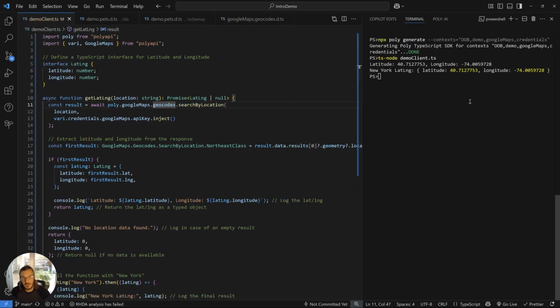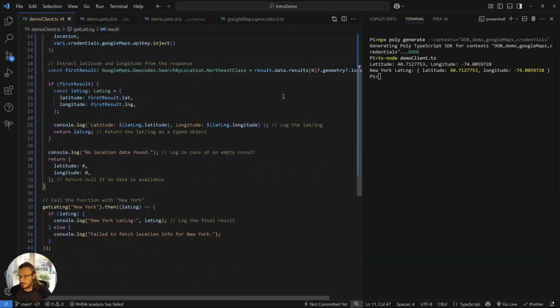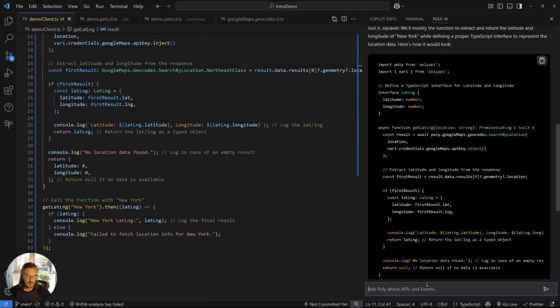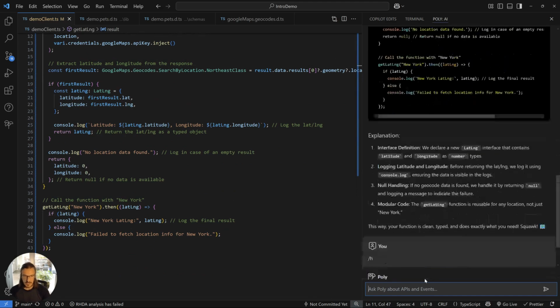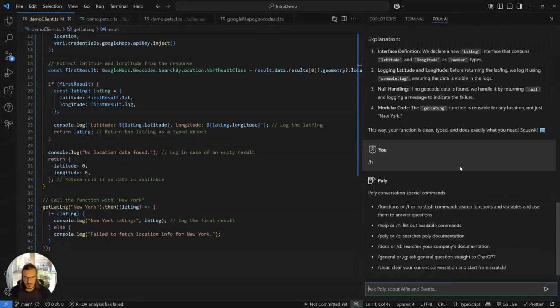And we can see that we're getting a log statement with the latitude and longitude for New York. And you can take this further now. So you could say, for example, there are some slash commands. If you're ever curious what they are, /h will give you the different slash commands. And /g is basically to bypass Poly. If you're ever just dealing with general programming, general questions, and you don't want it to do that orchestration against the catalog, I'll just say something like /g,